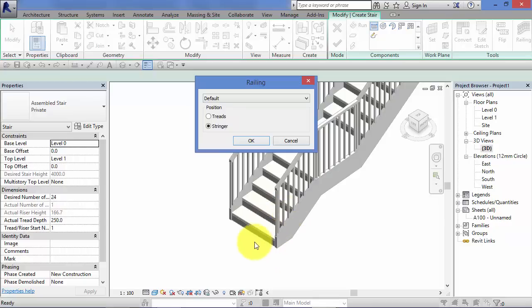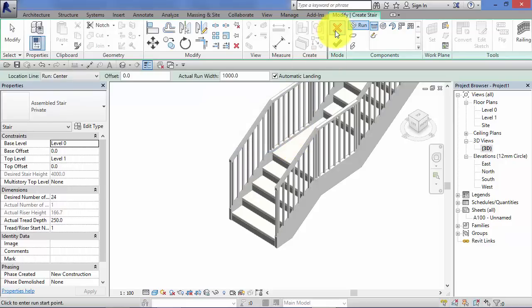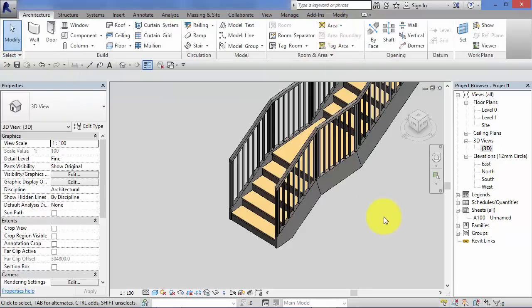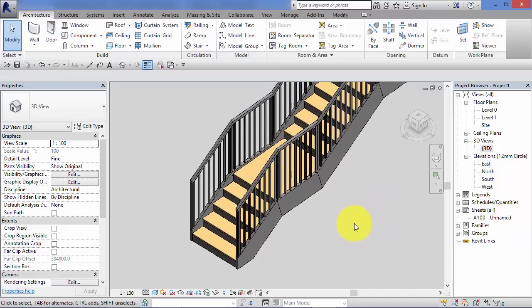In this stair that we've already created, you can see that the railing is sitting on top of the stringer, this being the stringer, the side supports. If you toggle it to treads, that railing will actually sit inside the stringer on the edge of the treads, so you can control where that railing sits. So I'll cancel that for now, and I'll just cancel back out, which gets us neatly back to the stair